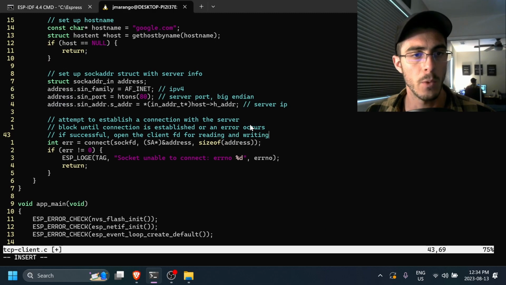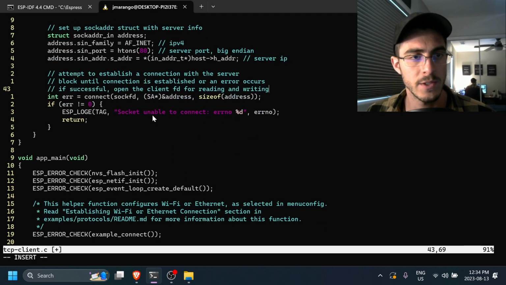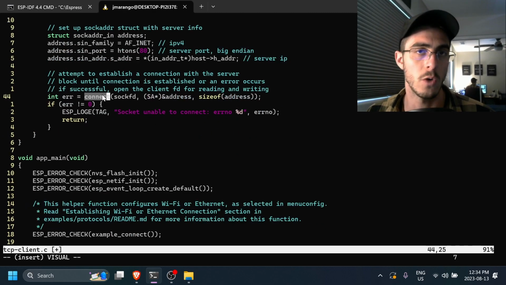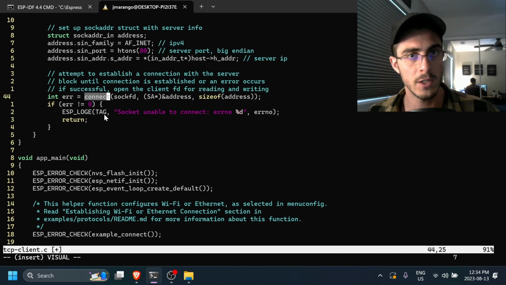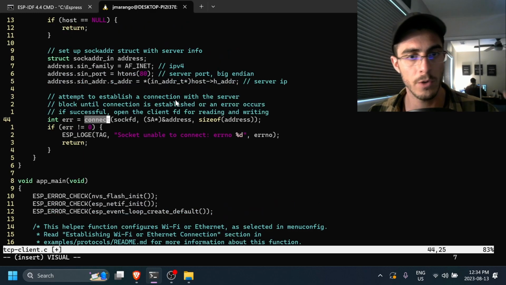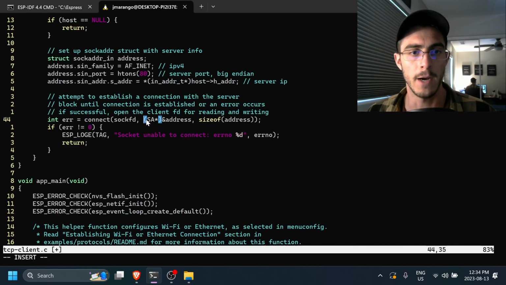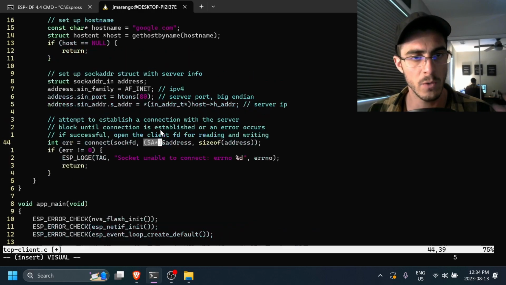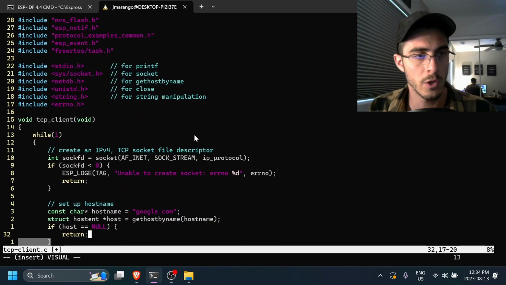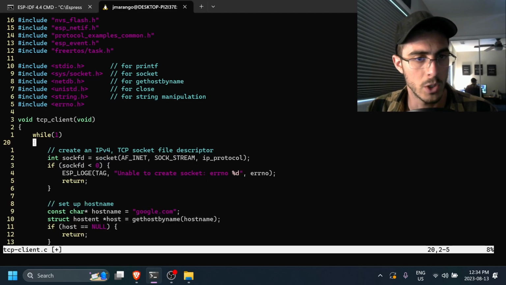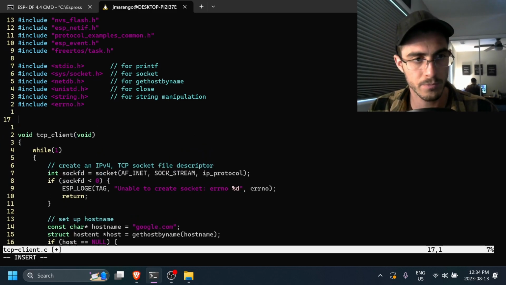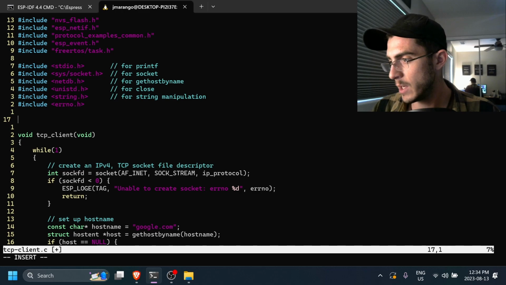So what this is telling us is that this function is blocking. So we're just going to wait here until a timeout occurs and we've either connected to the Google server or there was an issue, and we're going to be returning and printing an error message. So yeah, there's a bit of a nuance here, and I forgot to create this type name, which I will do right now. So there's something called a struct